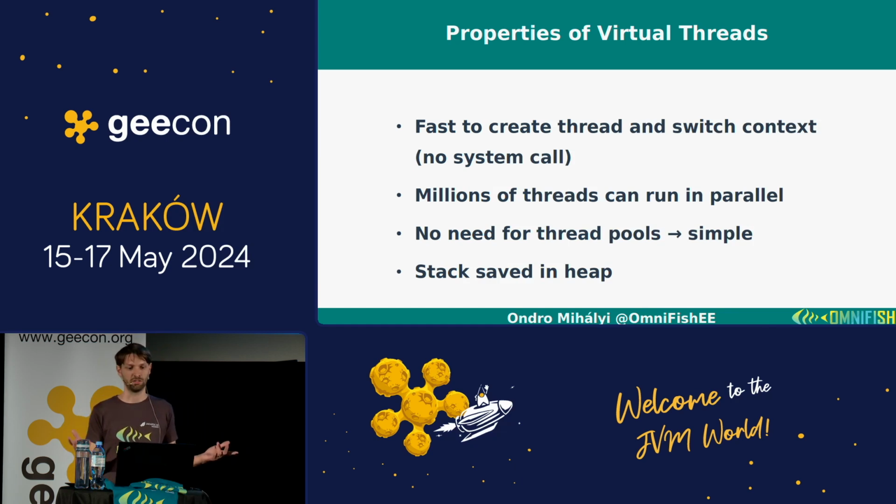So it's not an issue to create 1 million, 2 million, 10 million threads. The only thing you need is heap, because the stack is now stored on the heap. Remember, platform threads, the operating system threads, store it in a separate memory, which is pre-allocated, usually 1 megabyte. In virtual threads, it's just a virtual object, everything is on the heap. But that also requires memory. The difference is that it requires memory only when you really need it. It doesn't need to pre-allocate anything.